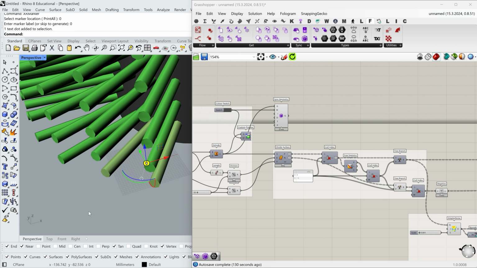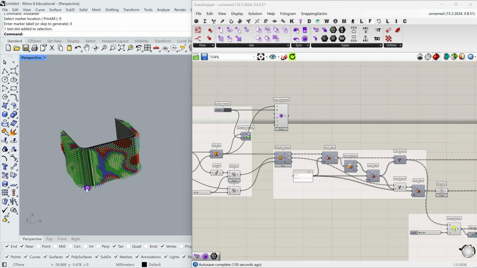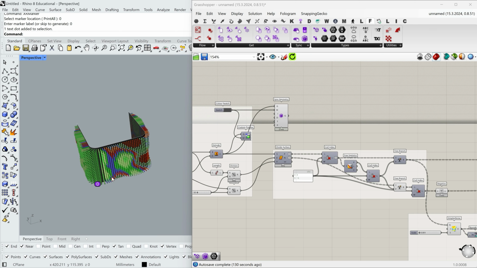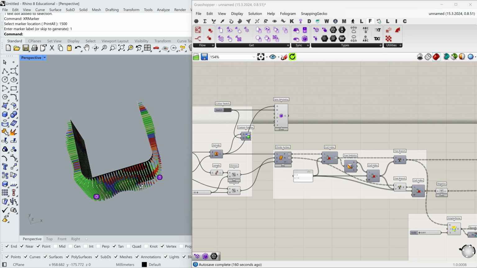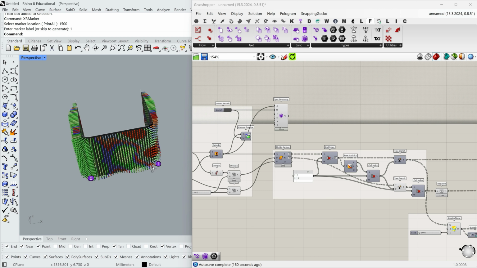Okay, here's the marker. With one marker, you'll be able to place the geometry in the proper position, at the proper point, but you won't be able to control its rotation and scale precisely. So we need to do the second marker. We do exactly the same. I place it at a known distance. And I say it's going to be marker 1. Here we go. Now I have 2 markers.